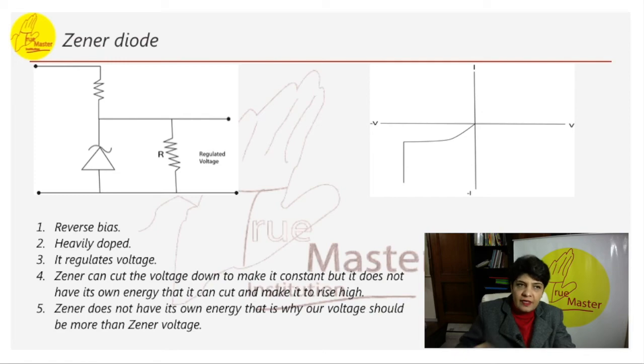What happens internally? Here the PN junction is heavily doped, that is, more particles. Heavily doped means more impurity, so the PN concentration of doping is high. Due to extra electrons, they will repel among each other and the border, that is the depletion layer, will keep decreasing. The electric field will increase, the potential difference will increase, and the width will decrease, as an electric field of, say, 5 into 10 to the power 6 volt per meter is developed.